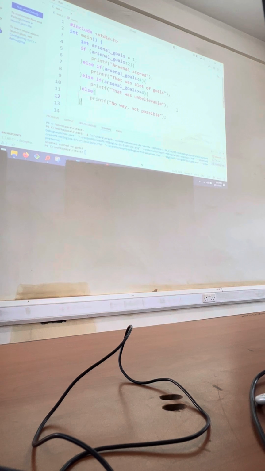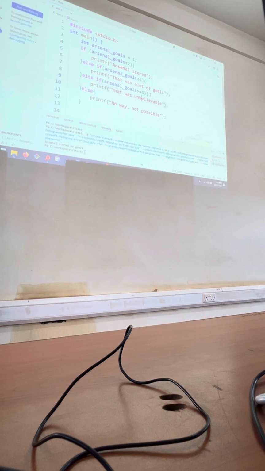Now it is possible, for some reason, that in this case we are checking for all goals greater than or equal to 4.